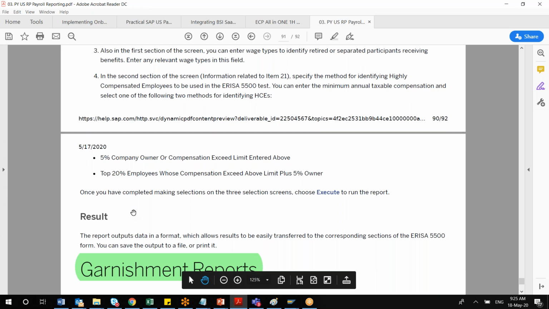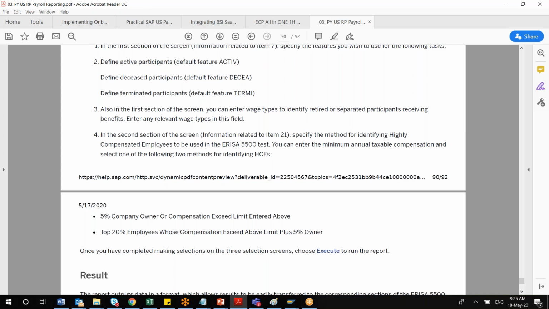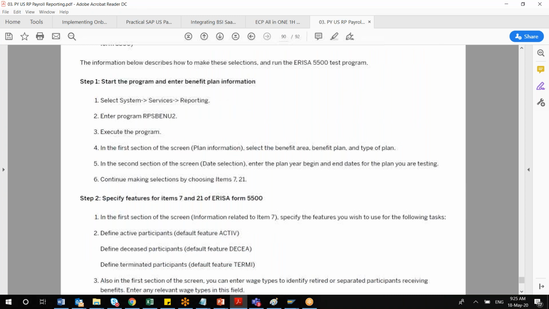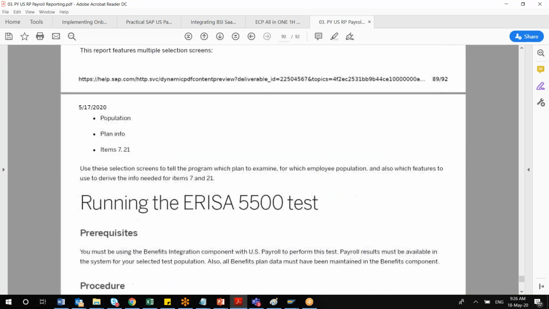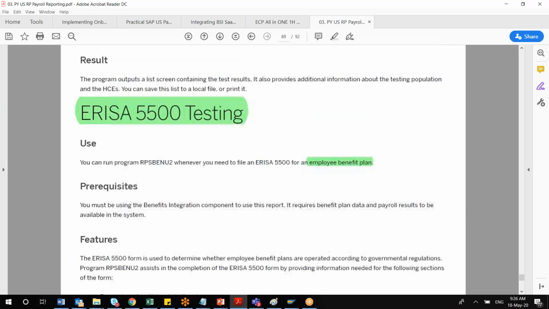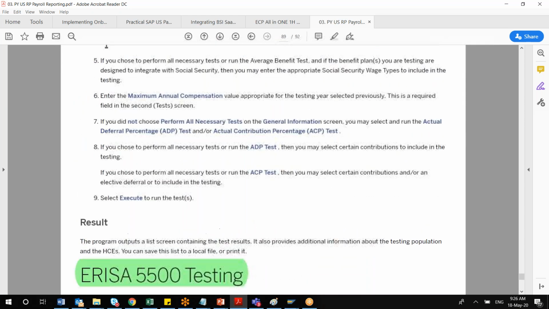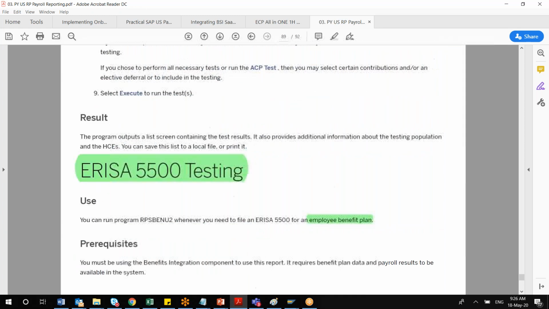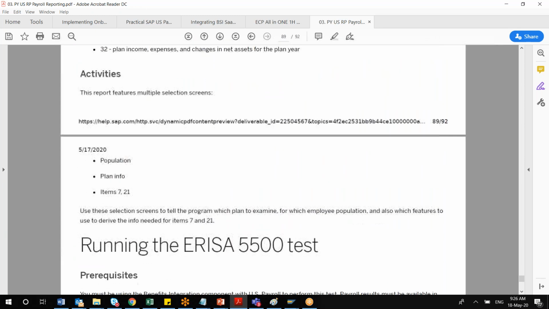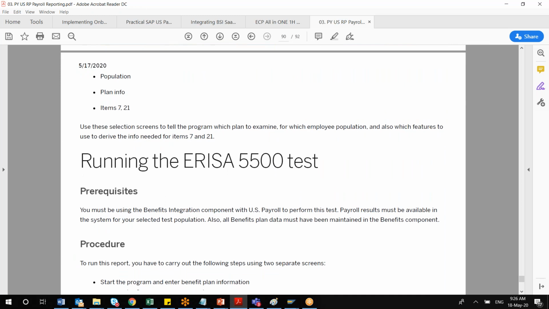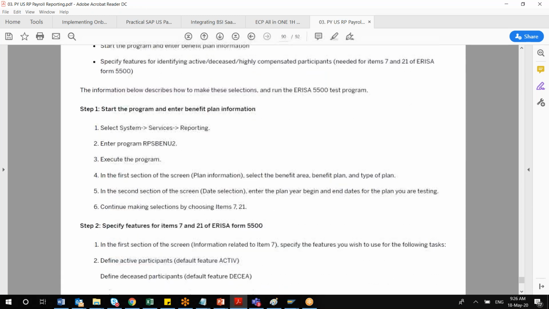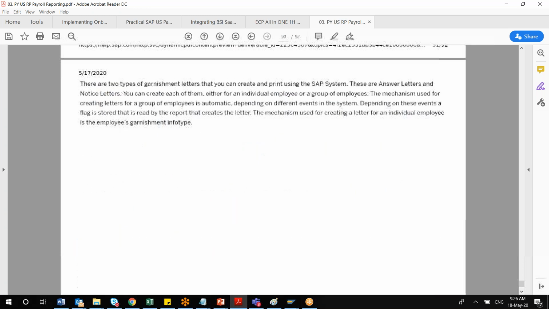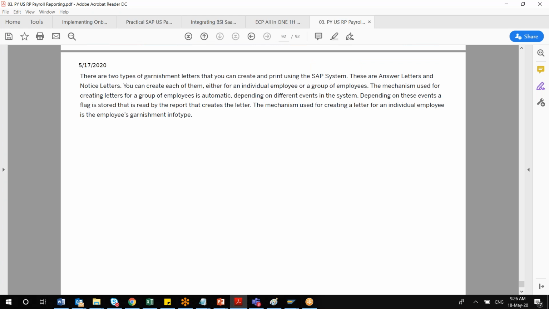My advice to you is, for all these reports, you have to understand the purpose of each and every report. At least remember the definition. Just as I was mentioning the HIPAA report, if someone asks, you should know which report to use for health insurance portability. A lot of such questions can come whenever you go for an interview or client conversations. You can start your conversation in a technical way, because reporting is one of the key areas in payroll. So you have to be very careful and understand all these concepts carefully.